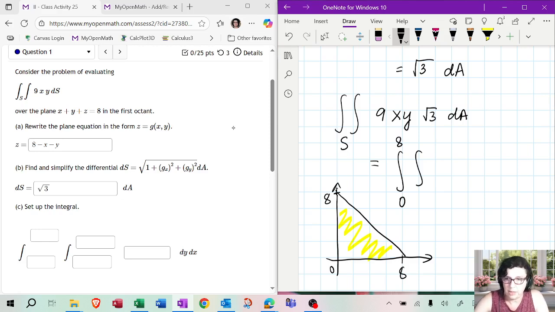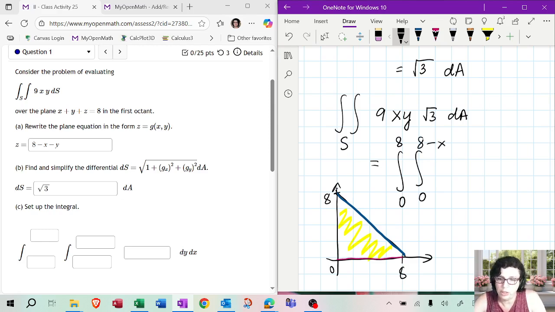Now, the inside is the bottom curve, which is just y equals 0 here, right? This is y equals 0 right here. This is a horizontal line. And then the top surface is going to be the slanted line, which is very simple to write down the equation for, because first of all, the slope is rise over run, right? And it's negative because it's going down. And the y-intercept is 8. So this is going to be 8 minus x.